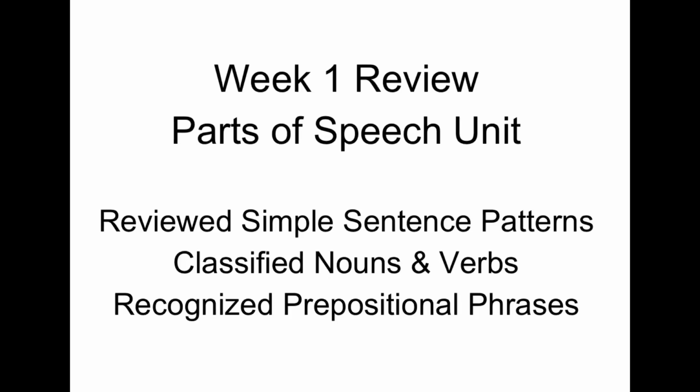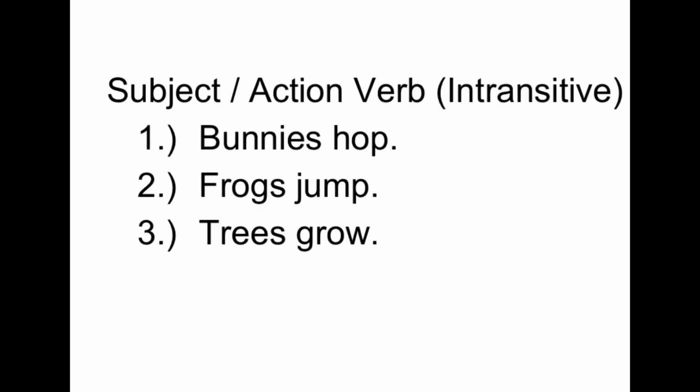This is a review for everything we covered in the first week in our Parts of Speech unit, which included reviewing simple sentence patterns, classifying nouns and verbs, and recognizing prepositional phrases. The first type of sentence we looked at was a sentence that is comprised of a subject and an action verb that is intransitive, meaning it does not take an object or need an object, such as bunnies hop, frogs